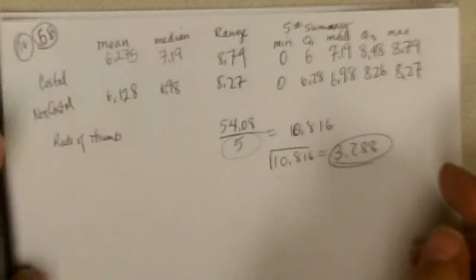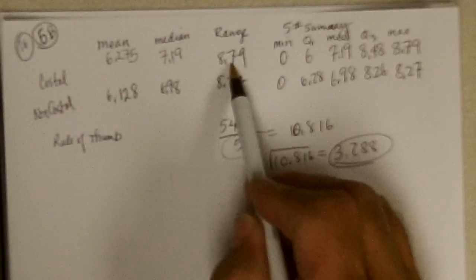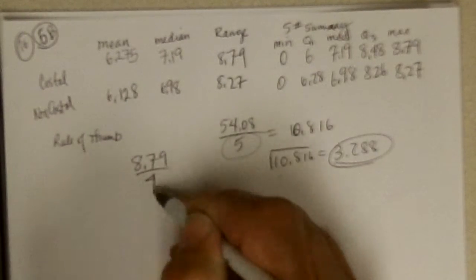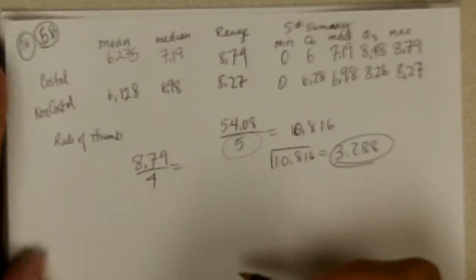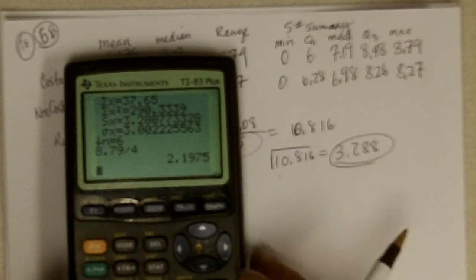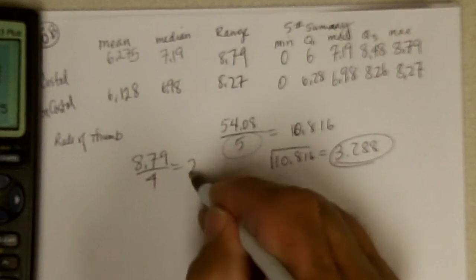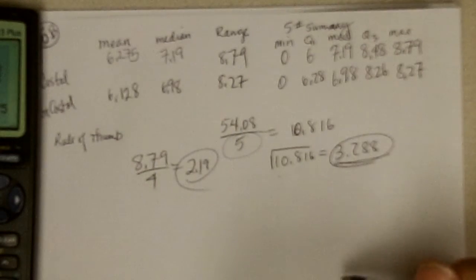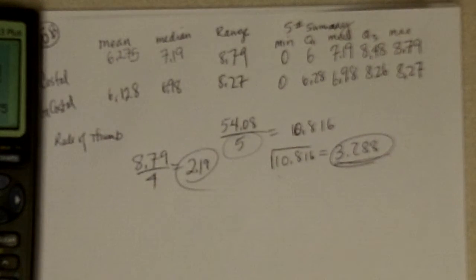Now the rule of thumb says take the range, 8.79, and divide it by 4, and that gives us 2.19. That's an estimation of the standard deviation. Okay,